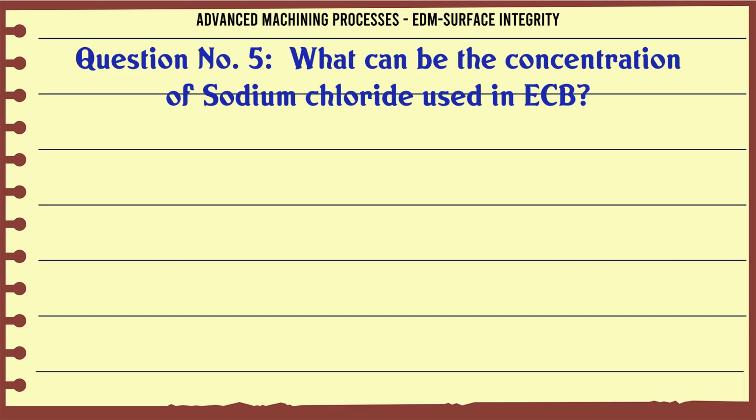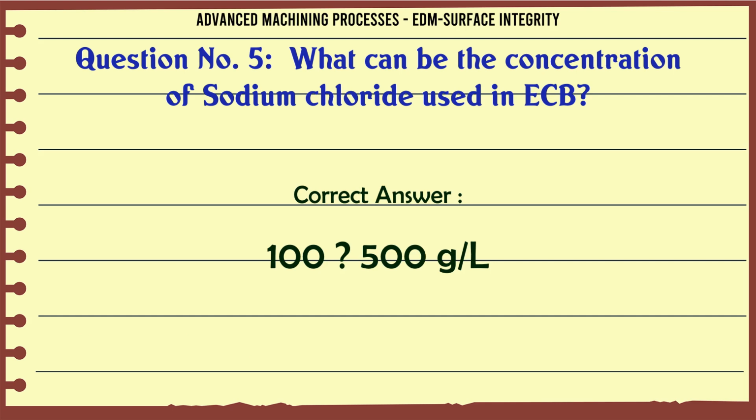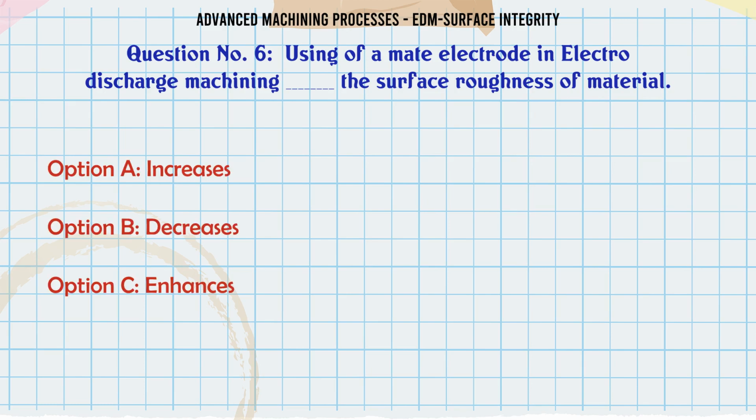What can be the concentration of sodium chloride used in ECB? A 0.1-0.5 g/l, B 1-5 g/l, C 10-50 g/l, D 100-500 g/l. The correct answer is 100-500 g/l. Using a mate electrode in electrical discharge machining, the surface roughness of material